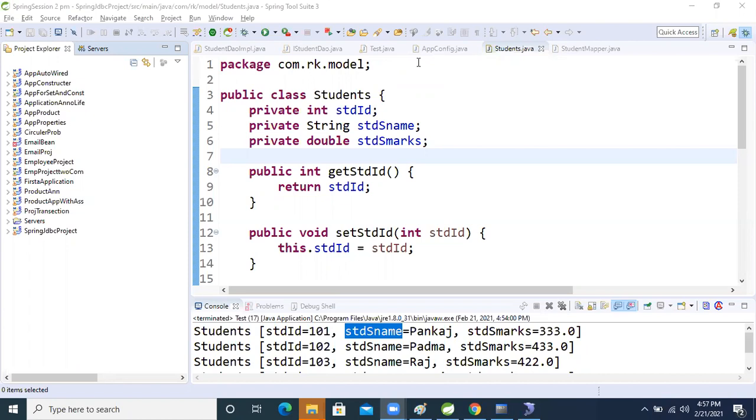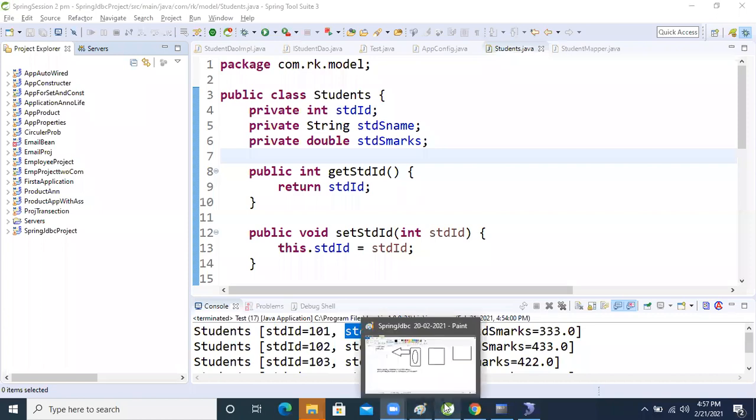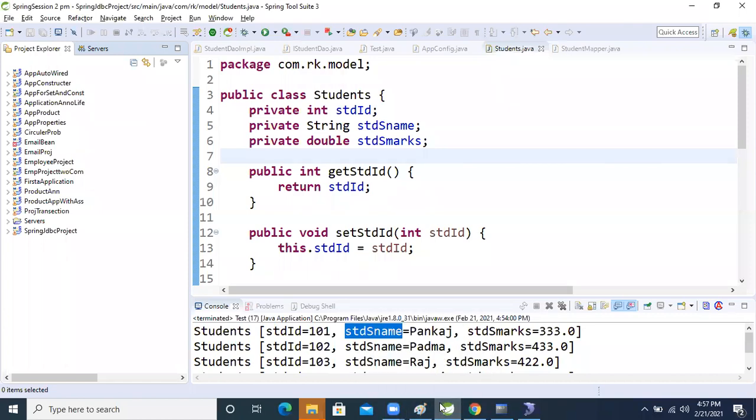Thank you so much. Any doubt on the explanation? No, everything is perfect. Ravi, one more question: what is @Repository doing in this program? The @Repository stereotype annotation is applied on top of the DAO layer class.